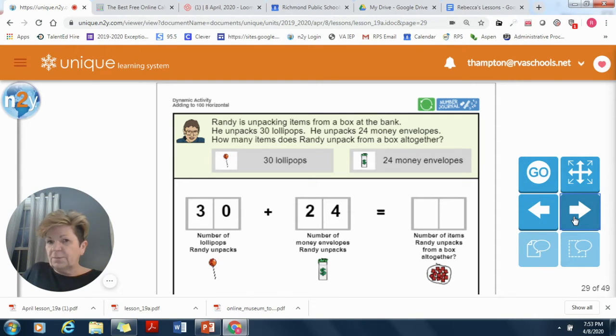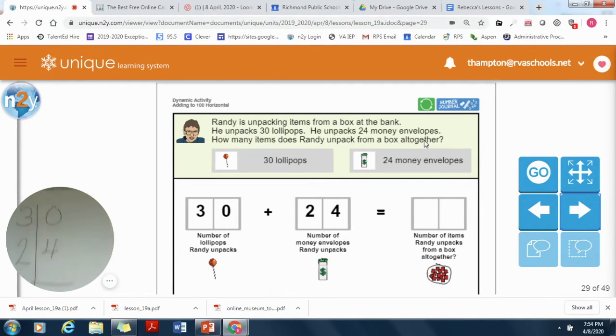Okay, first number on top is, tell a family member, 30. Good. And then your number on the bottom is 24. And our vocabulary told us we are what? All together. What are we doing with 30 and 24? Adding. Make our addition sign. So here again, pretty straightforward, right? We have